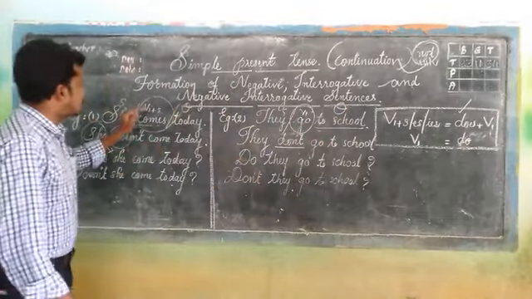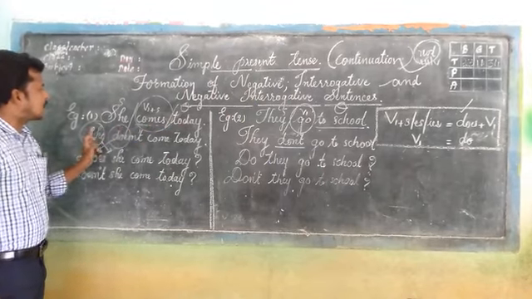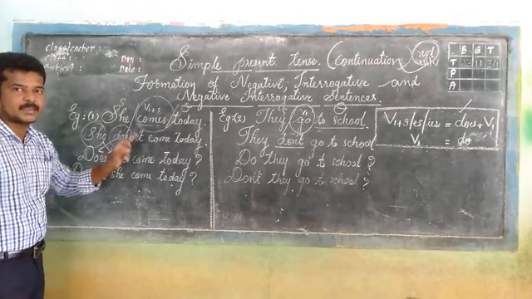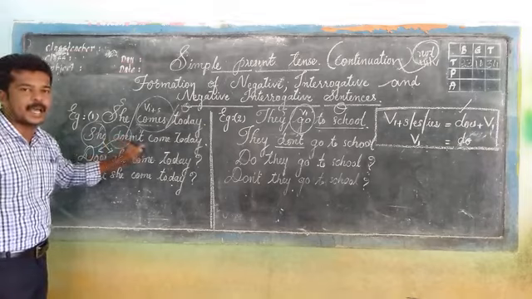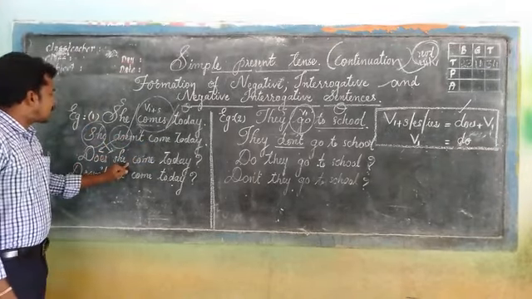For example, she comes today is an affirmative form. I made the negative form: she doesn't come today, because the verb ends with es, and that is the reason why I made use of does as a helping verb in order to make a negative sentence. Then interrogative, does she come